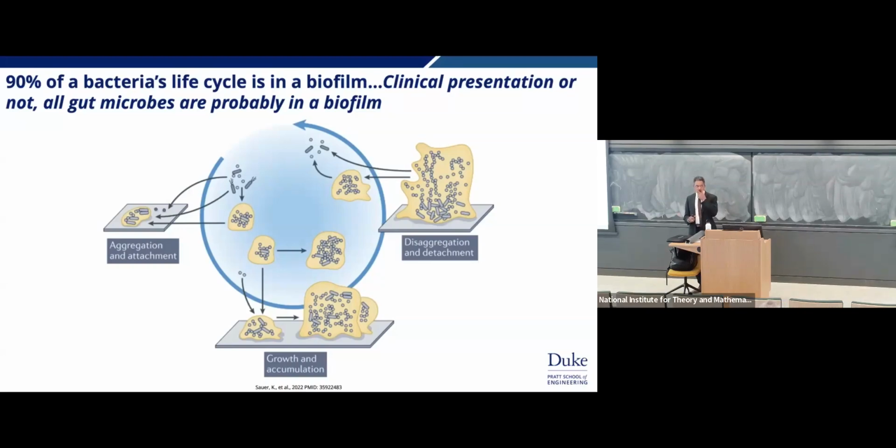So we haven't necessarily discovered what is a good metric for describing a biofilm other than clinical presentation in your gut, right? I think me and other biofilm researchers think that we just need a better biomarker to describe what a biofilm is. That's why this paper exists, because previously people said, you know what, you have to have a surface or an interface to have a biofilm. But people have known since at least the 80s that pellicle biofilms existed, biofilms that were just an agglomeration of floating bacteria inside of either wastewater treatment systems or in rivers. So that's why I really wanted to look at biofilms inside of the human gut.